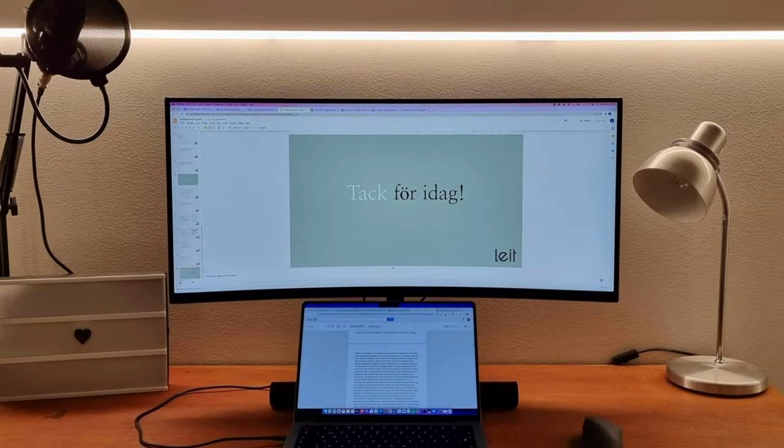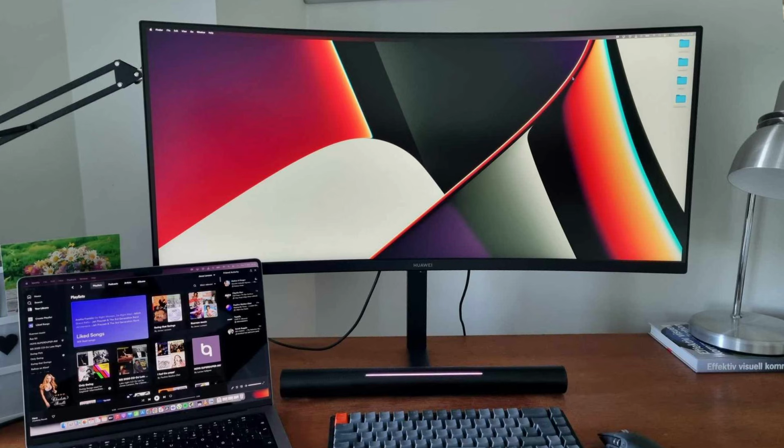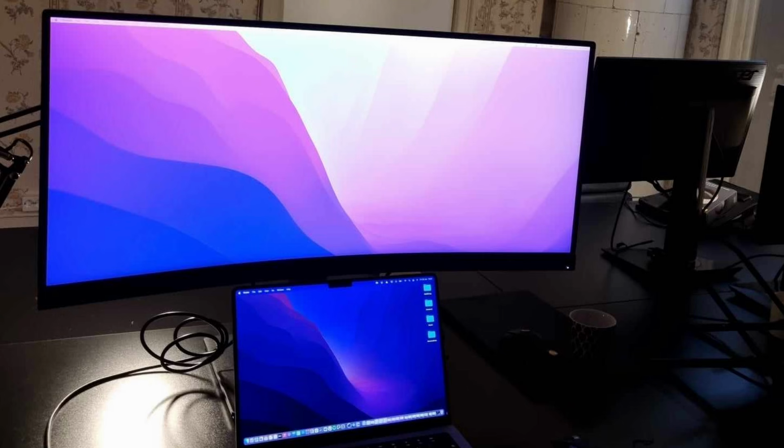Here I am using a 16:9 4K monitor from Innocen. In my home office setup in Stockholm, I am using a Huawei MateView GT soundbar, which is a 21:9 34-inch monitor. And in my office setup in Stockholm, I am also using an ultra-wide monitor, but this is a Lenovo